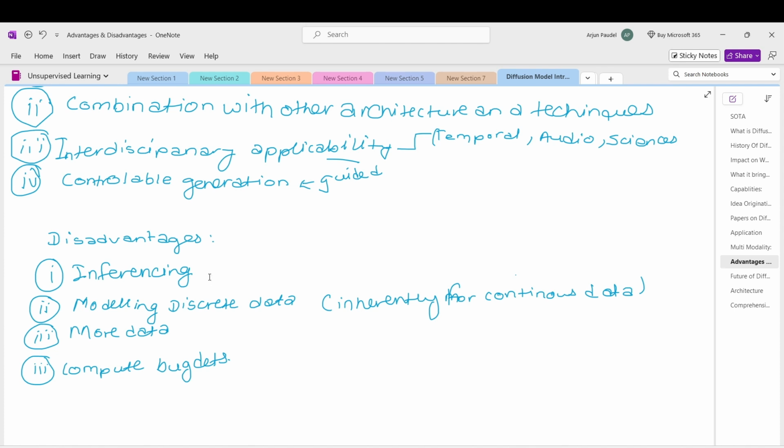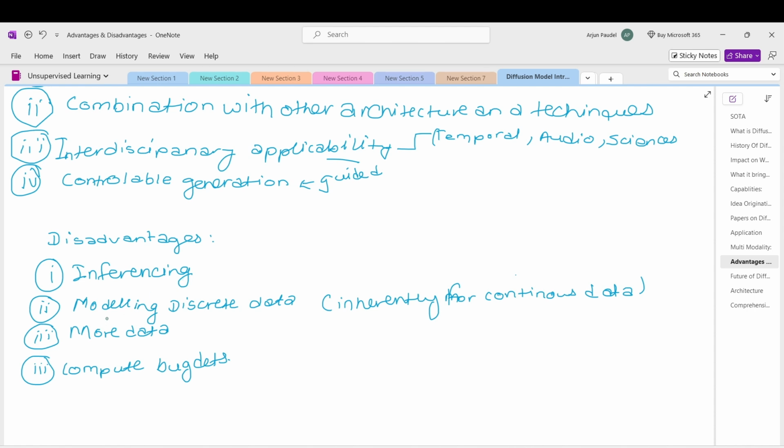We have to run multiple time steps and remove noise iteratively. The iterative nature makes inferencing a little bit harder and takes much more time to generate new data. So it takes more time than other approaches, but there have been significant improvements